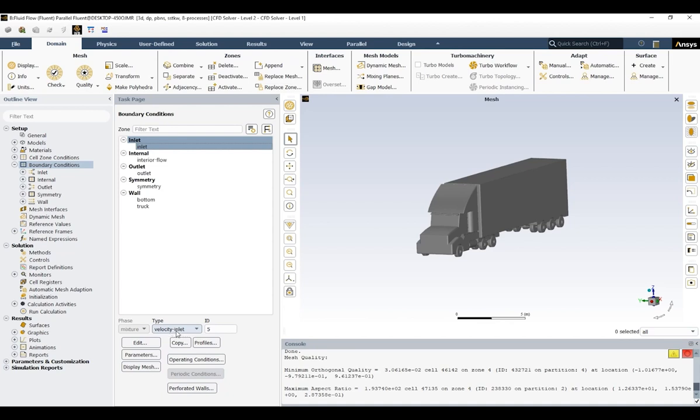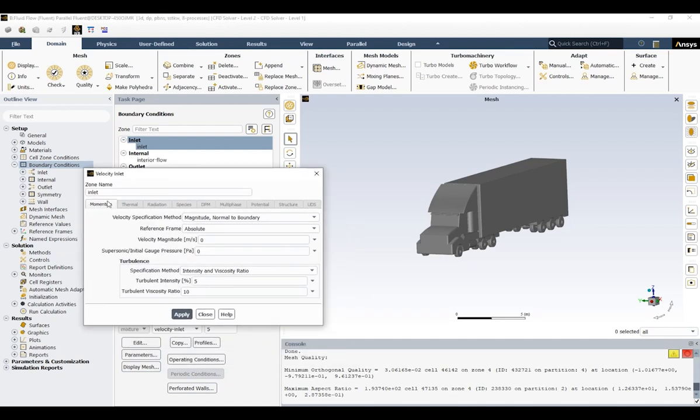When this type of boundary is selected for a surface, it means that you have to define a velocity magnitude, for example, for the flow. In this case, the airflow is going to enter through this boundary. So if I click on it, click on the edit button underneath it,